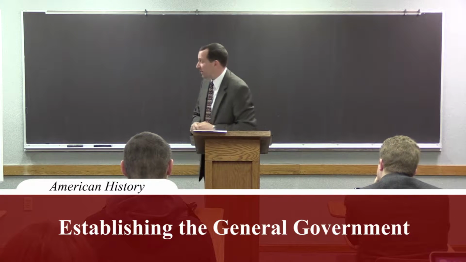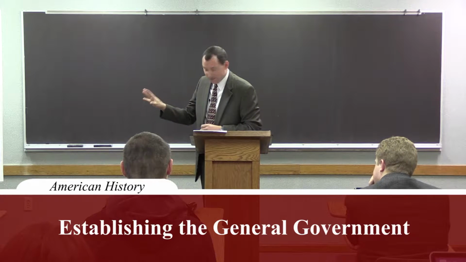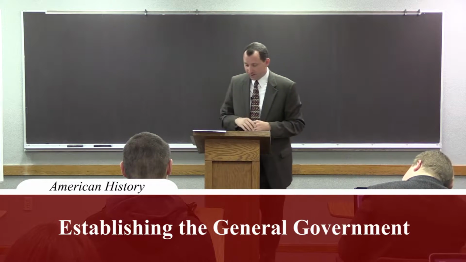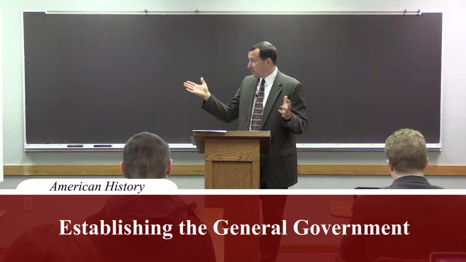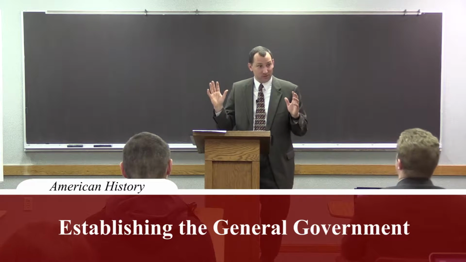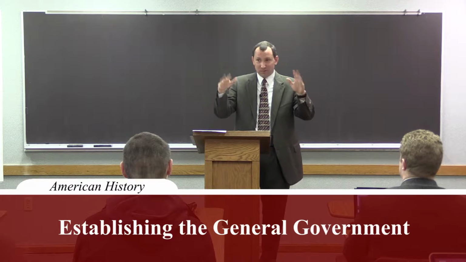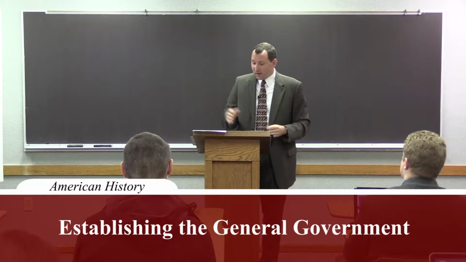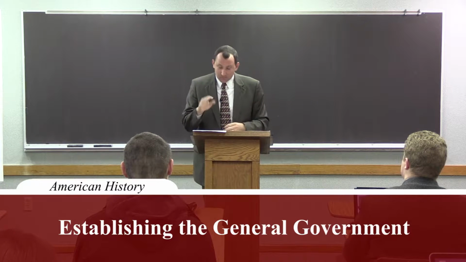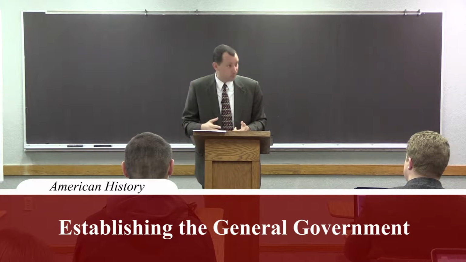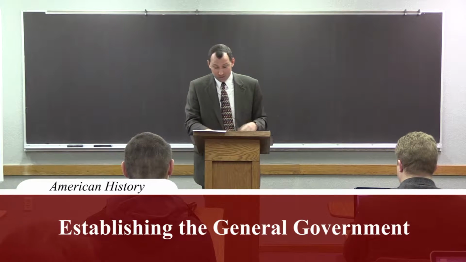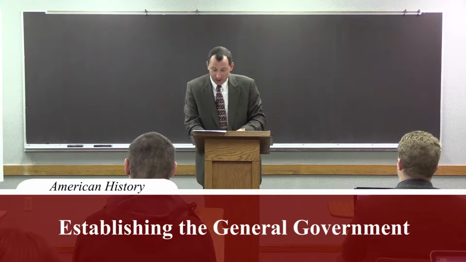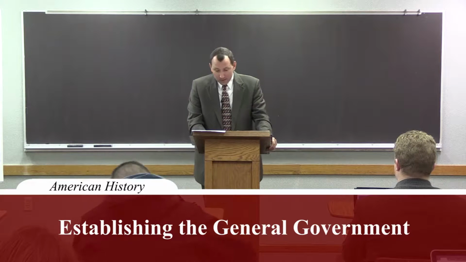So the sale goes through in 1803. We buy this entire hunk of land. Let me mention one other thing, or two other things that go with this. We really didn't know what we purchased. This was just, kind of, you have this land west of the Mississippi, over there. We didn't know what was there. They didn't know what was there. So Jefferson does send out some people to explore it. Anybody know the people that explore it? Lewis and Clark is the most famous. They go in 1804.